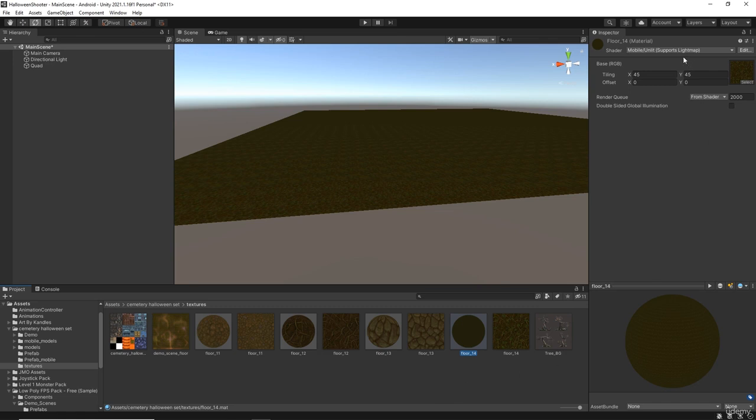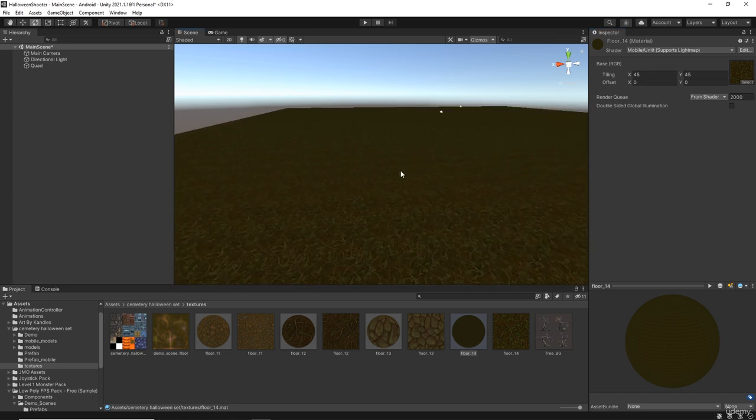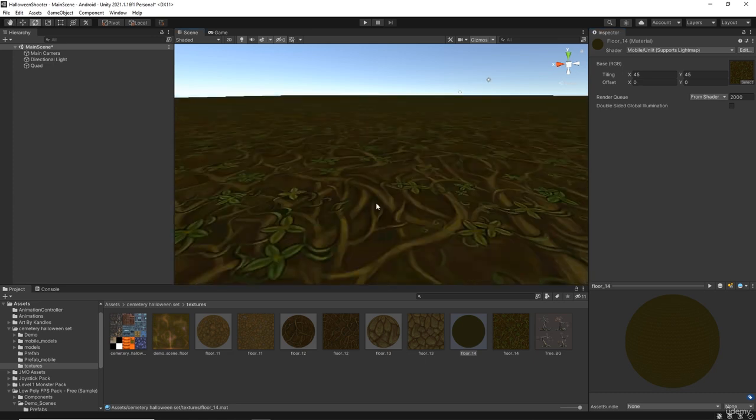Now I just want to bring your attention to the shader type. It's actually using mobile unlit that supports a light map. You can find this by doing the drop down, mobile, and just this one, unlit. So it doesn't require any lighting at all. It doesn't even respond to any kind of lighting. So that one is extremely fast and is a really extremely fast shader that will work perfectly on mobile. Okay, and since the actual texture is this kind of cartoony look, this is exactly how it will look inside